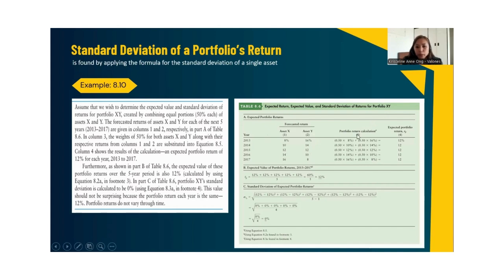If you get the portfolio return of that using a 50% probability, you will get the expected portfolio return of 12%. So in this case, it will be a 12% expected return on the portfolio every year from 2013 to 2017. It means that the investor will be expecting a 12% return on his portfolio investment over the period of 5 years.